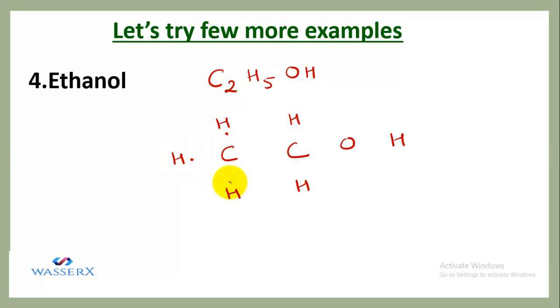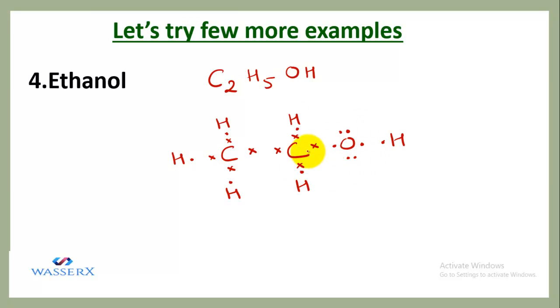Hydrogen possesses 1 valence electron, which it will be contributing in this bond. And so I have put the valence electron for all the hydrogens. Now let us put for carbon. Carbon has 4 valence electrons, which it will arrange like this. Similarly, this carbon will arrange like this. And the oxygen possesses 6 electrons, so it needs 2 more. That means 1 electron it will contribute towards the carbon, 1 towards this hydrogen, and the leftover will be written like this. Right, so we are going to arrange the oxygen electrons like this.